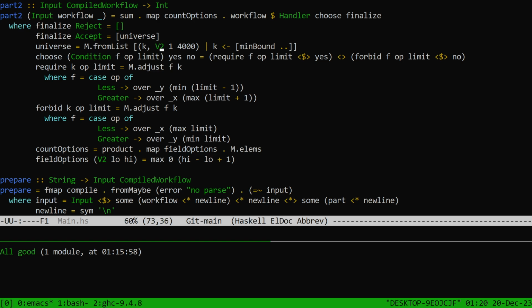If we had multiple ways to get to the same conclusion about, oh, we accept this range, then we would be double counting those. But I don't think there can be, and so we don't. Anyway, the point is, I just call the workflow that I compiled with a different handler, saying here's how to choose between 2 nodes and here's how to finalize, handling, you know, pretty simply here. If you reject, then there's 0 ways, zero constraint sets,